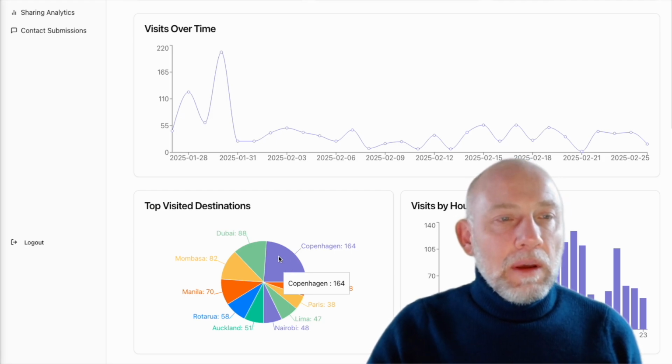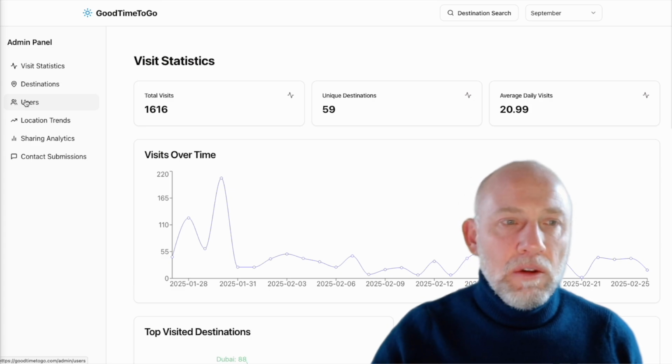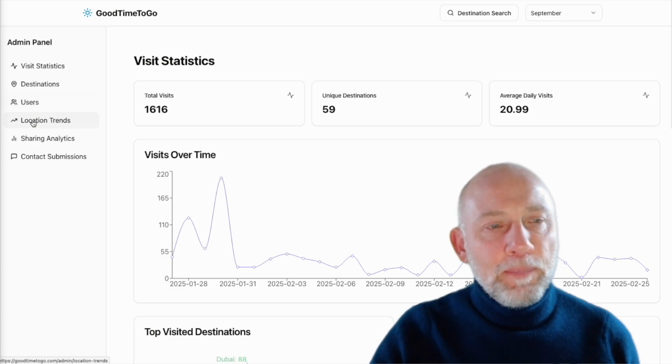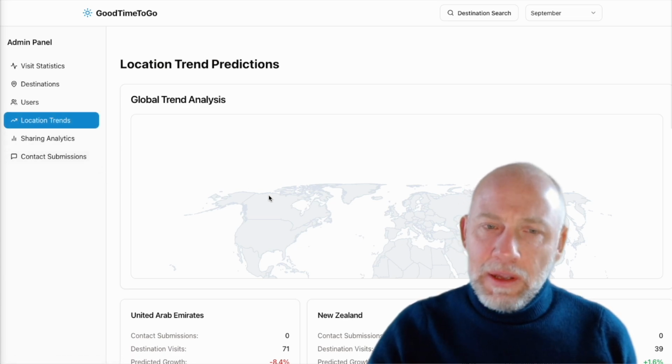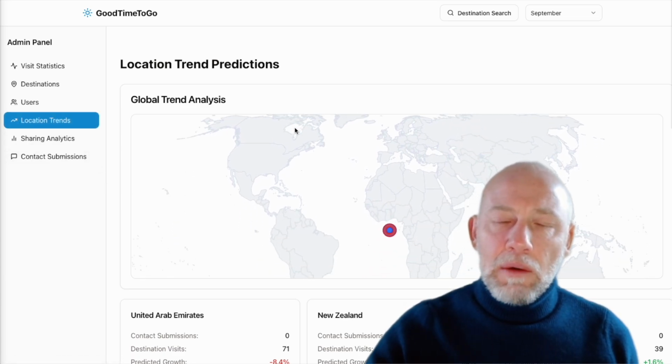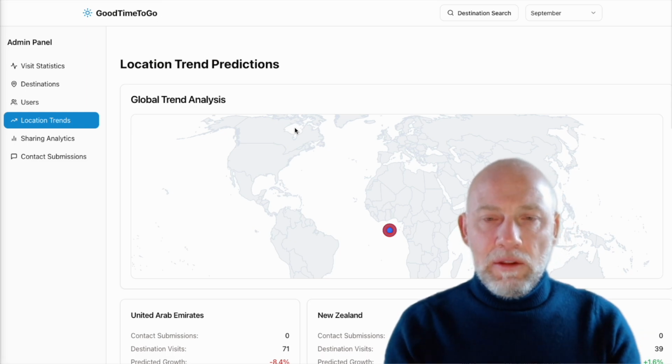So let's get back to destinations. Then we have users, so I can add admin users, remove admin users. Then I have location trends. This is pretty interesting. When working with Replit, you ask it to build a feature, and when it's done building